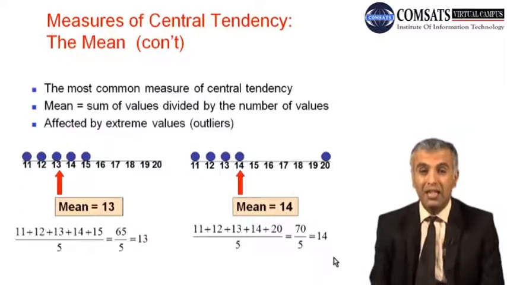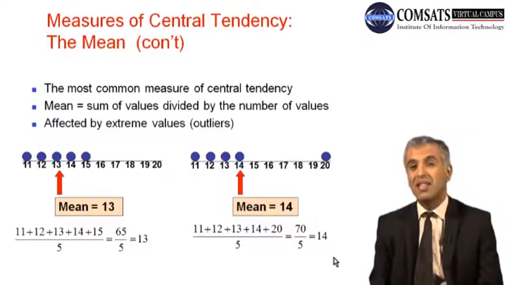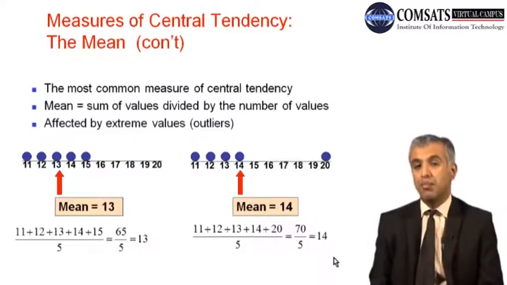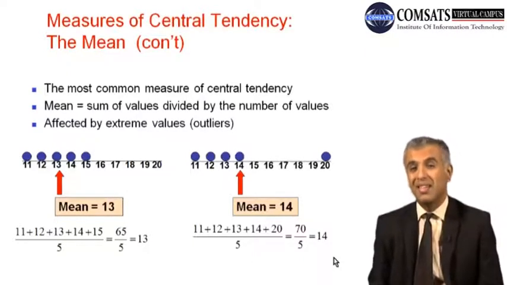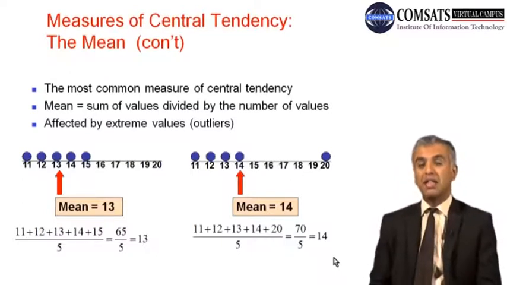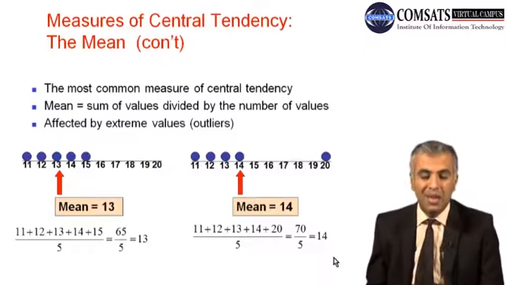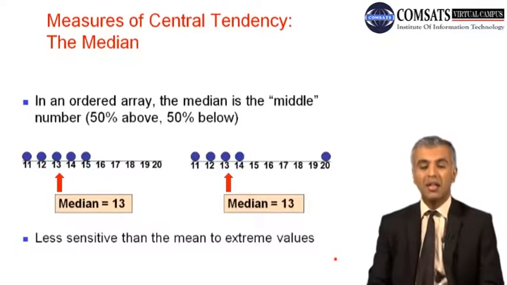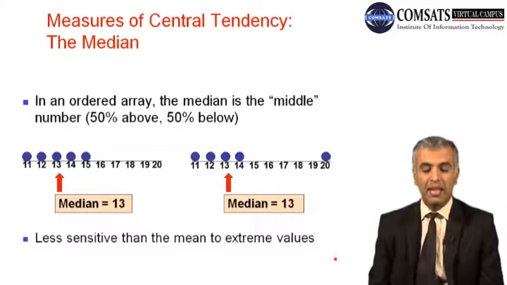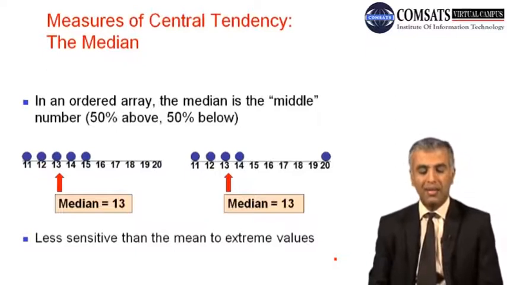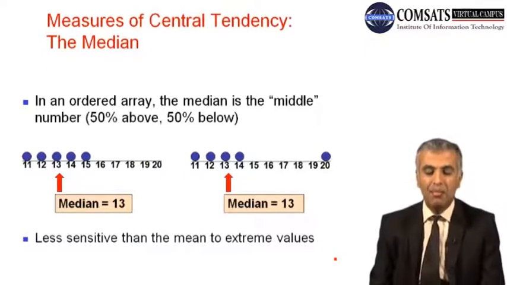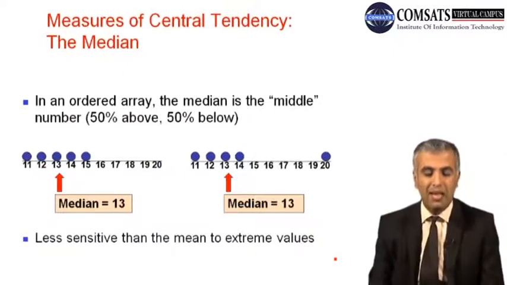That means that only reporting the mean of a certain set of values is not enough, and maybe the mean of these set of values may not be representing the whole central tendency concept. So that is why we need to use other measures as well to assess the central tendency of that whole data set. So going to the second measure, which is also termed as the median. Here it's kind of an ordered array which we have made for convenience. The median basically is the middle number of the whole data set, that is the 50%